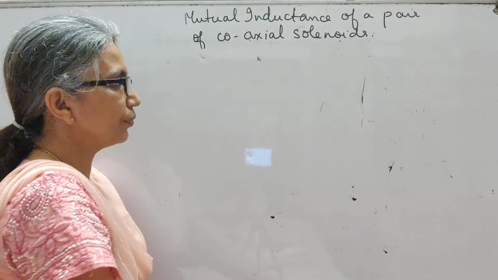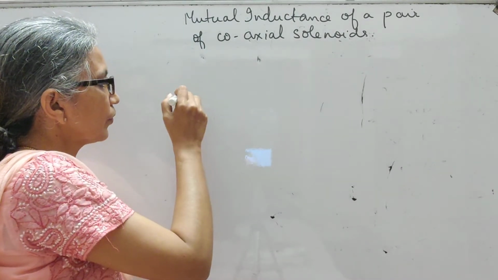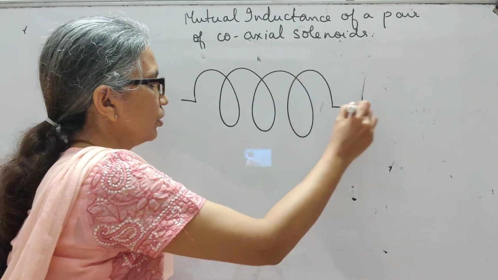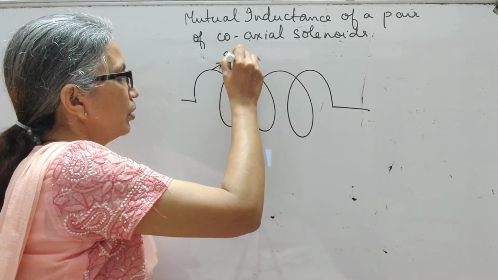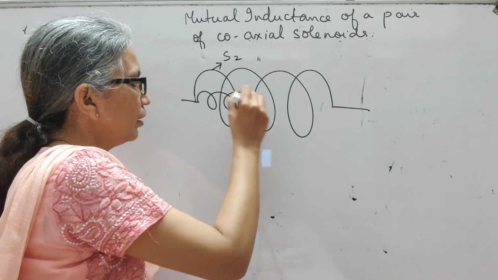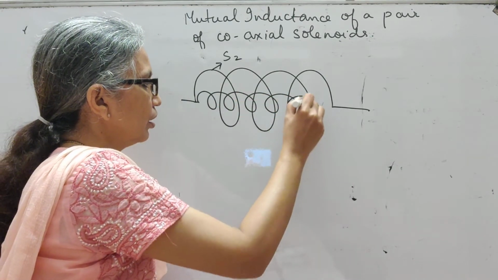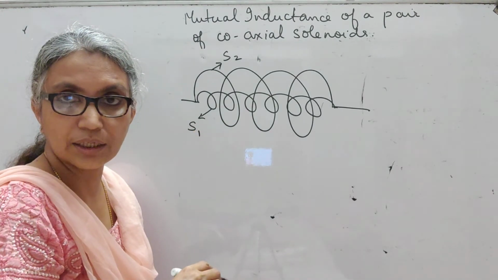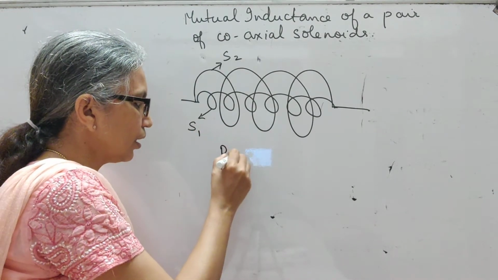So here we have the larger one called S2 and the smaller one here called S1. Now in the second case, what we are going to do is pass current I1